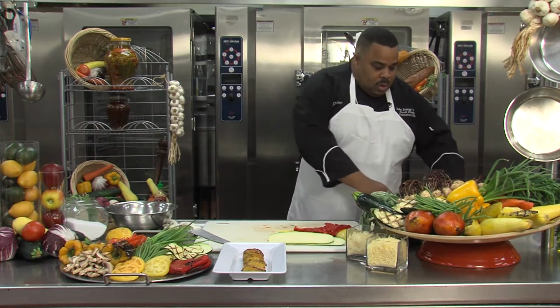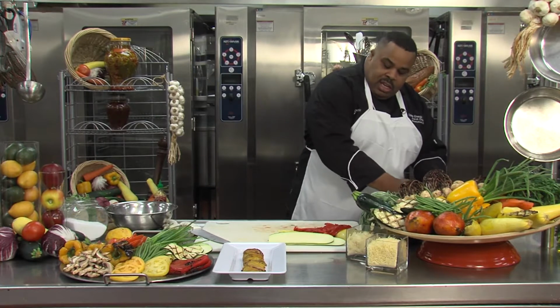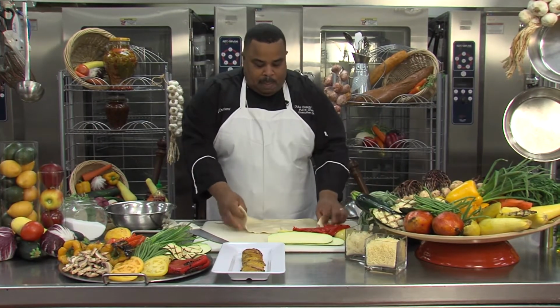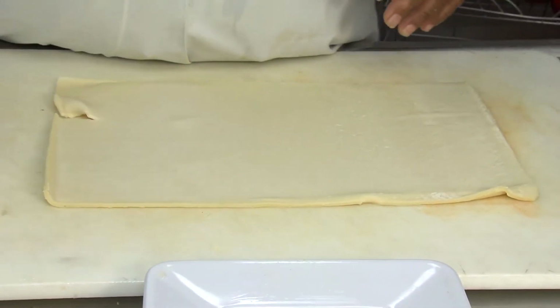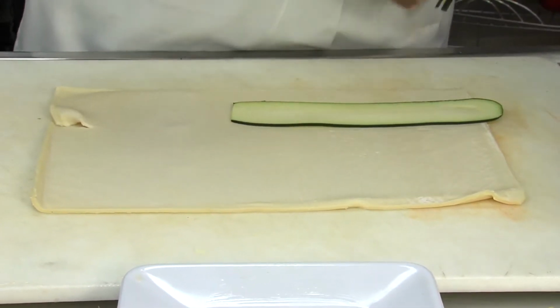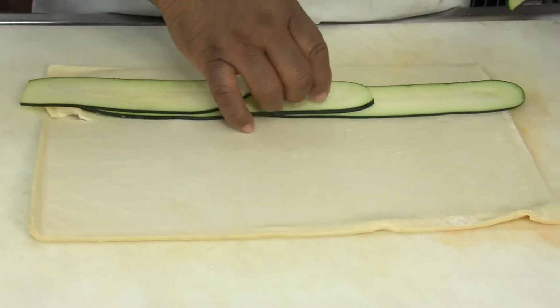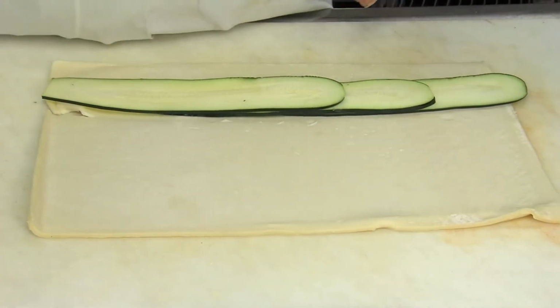We're going to use puff pastry. You can get puff pastry anywhere. I take a sheet of puff pastry, lay it on my board. At this time, I start building. I take my zucchini. And I like to do it where I'm going to have colors. I'll take my squash,